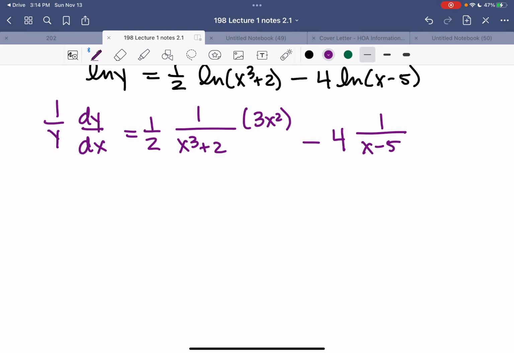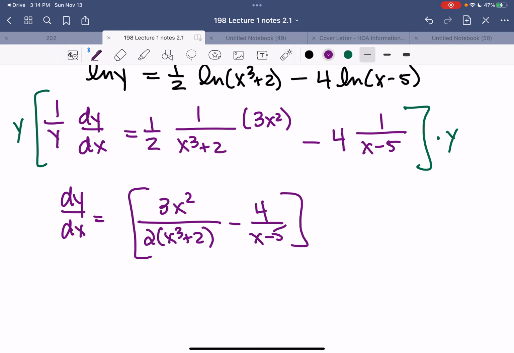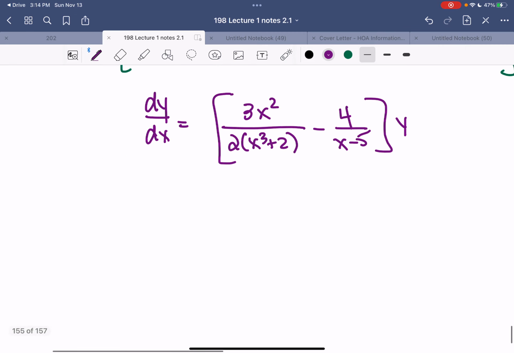In this next step, I'm going to simplify and make those pretty. I'm going to multiply both sides by y, so I'll make that note here. That will give me just a plain old dy over dx on the left. And I will have 3x squared over 2 times x cubed plus 2, minus 4 over x minus 5, and all of that is times y. And then the last step,